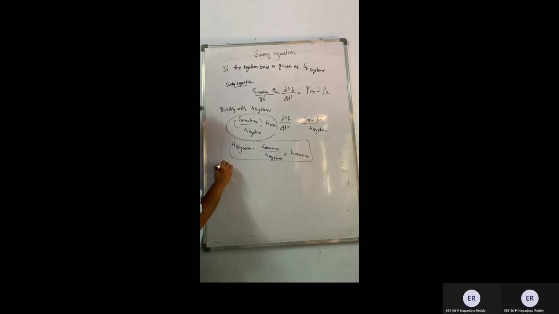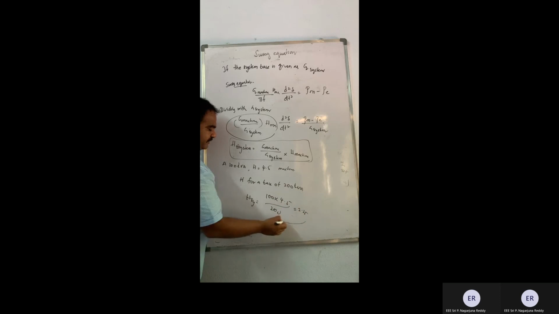They will be asking you, 100 kVA, H is equal to some 4.5, machine is operating so and so. But what they will be doing, they will be stating, what is the H value for a base of 200 kVA. So immediately what you are supposed to do, H system is equal to G of the machine, 100, into 4.5 by 200. So this will become 2.25. This is regarding the per unit. This is the way how we do it.